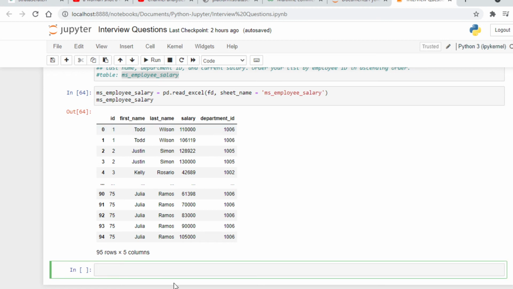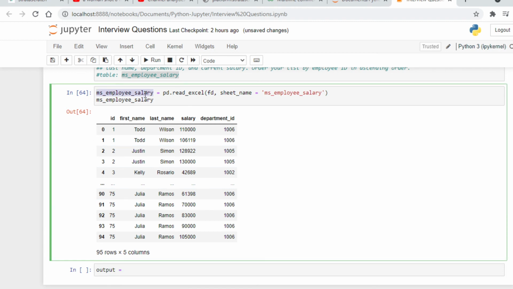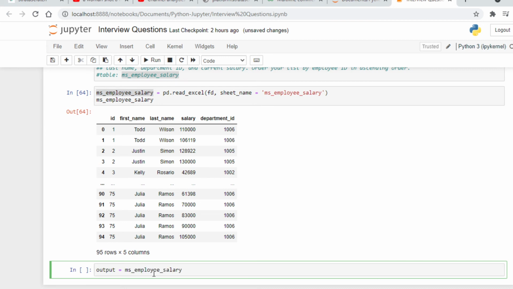So for that, our output equal to MS employee salary dot group by, and we are applying group by on ID, then first name, last name, and department ID.